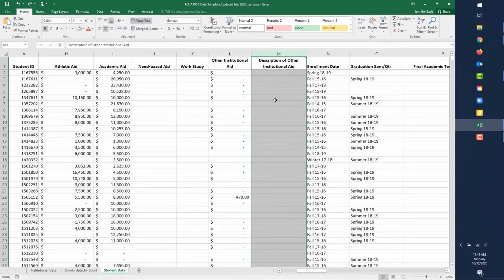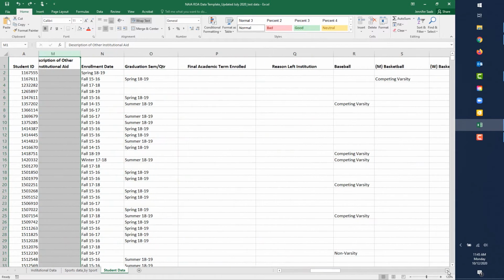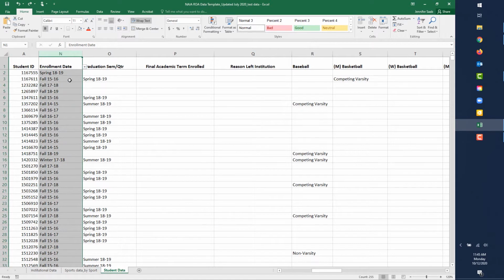Column M is specific to a description of the other aid. This is an optional column. If you choose to fill this out, you can, and it just provides us some details on what that other institutional aid might be. The next column, column N, is the enrollment date, but really what this is asking for